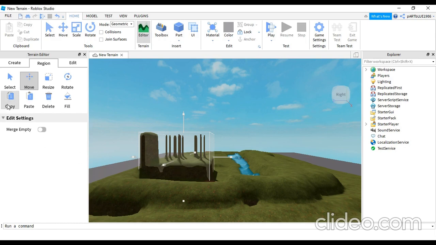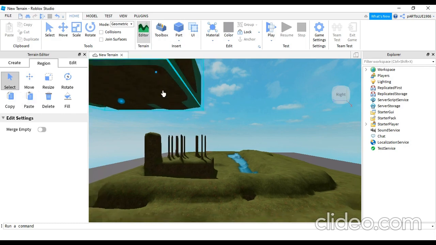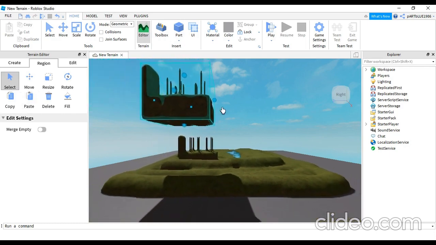So I will click on copy. First of all, I will select whatever I wanted to copy, and then I have to click on copy. Once you have selected the terrain and clicked on copy, it got copied. And now what will you do? Inside your space, anywhere, make a selection and then click on paste. See, whatever you have copied is pasted here, with the same size, everything. And similar to copy paste, delete means if you click on delete, whatever is under the selection will get deleted.